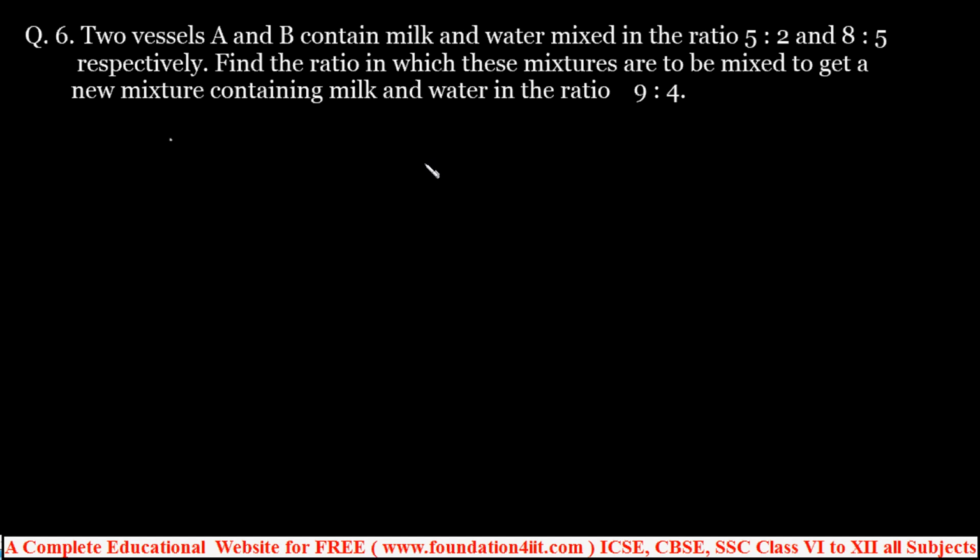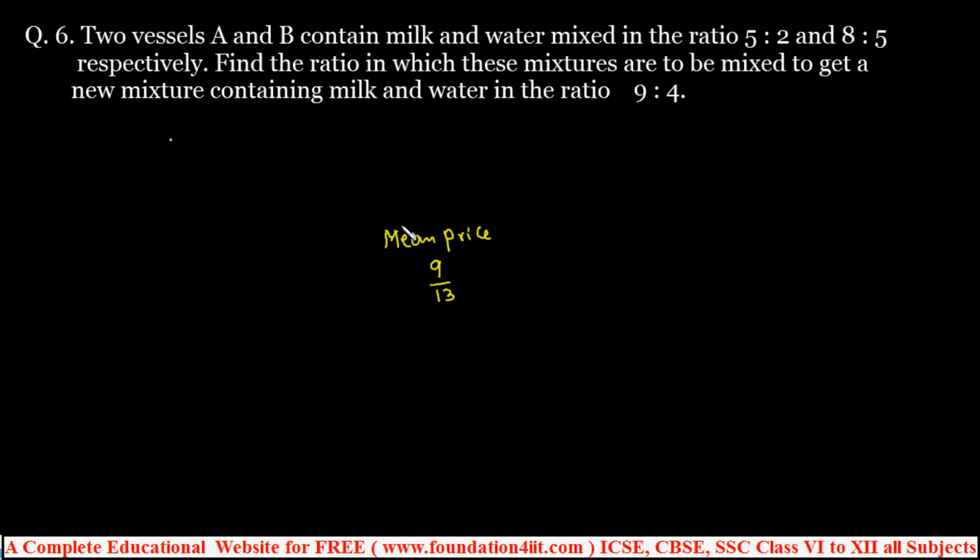For this, the simple way we can use is the mean price. Okay, I'll explain the direct method here. When you come to this mean price, 9:4, so 9 plus 4 is 13. So you can take 9 out of 13. Let me take the water content first individually, so 9 by 13. I am not writing all the steps, I am taking it directly here.